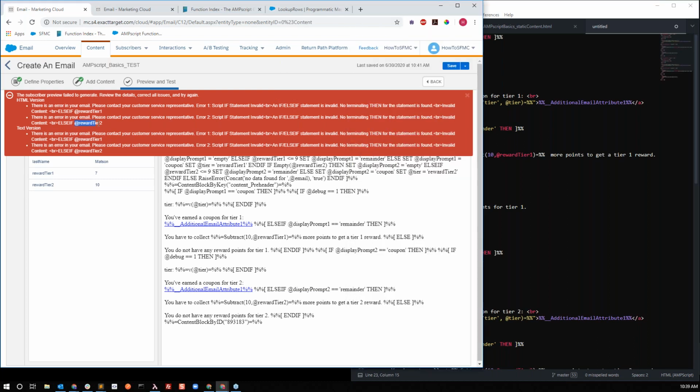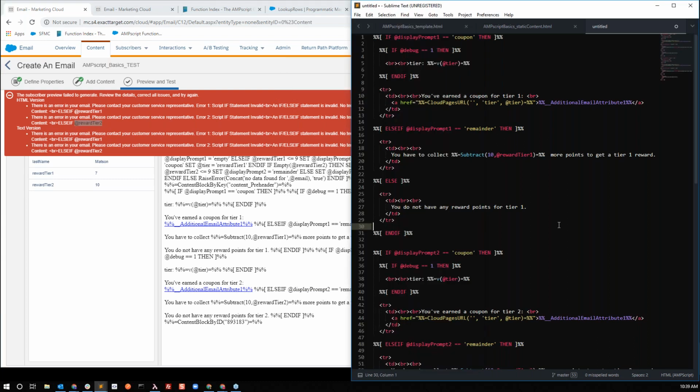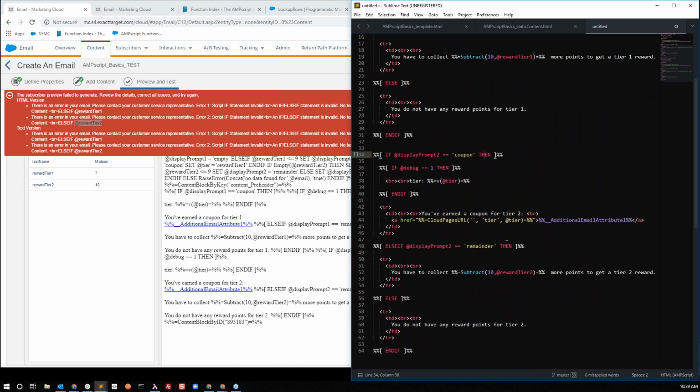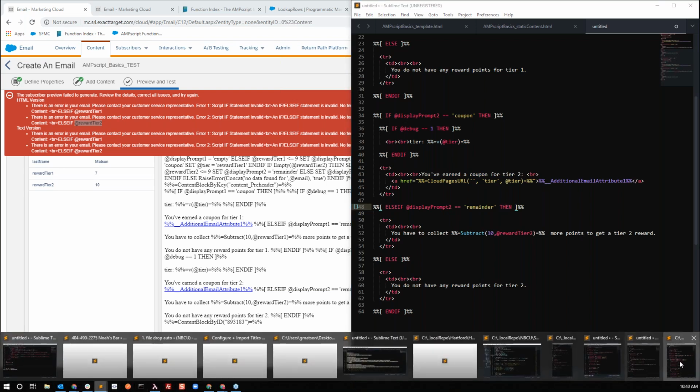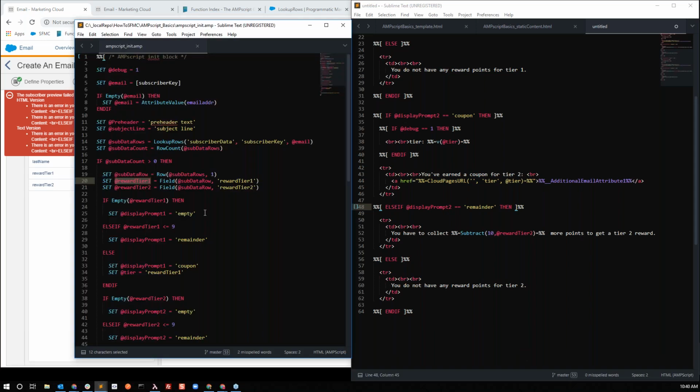It says it's in our else if reward 2. That's not it. Where did I forget that then? It's in our other block. Right there. Then,